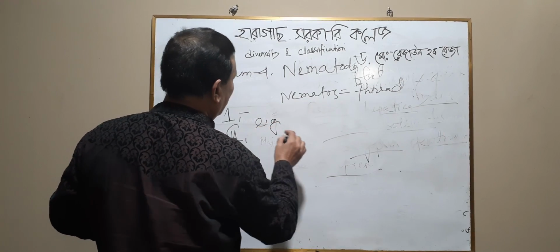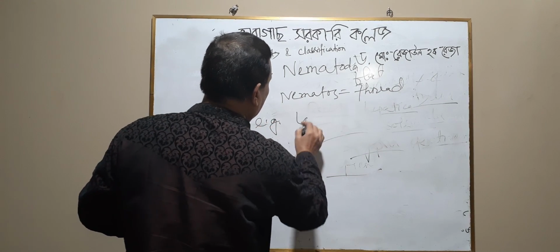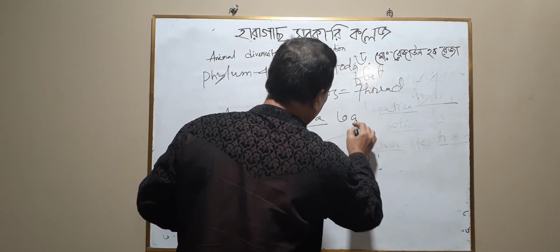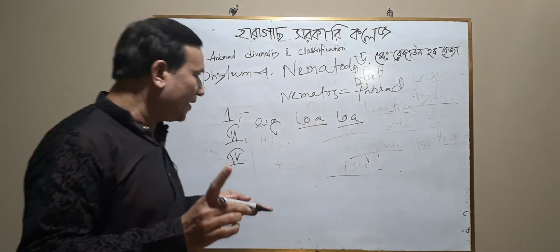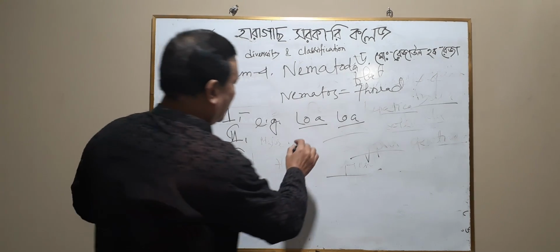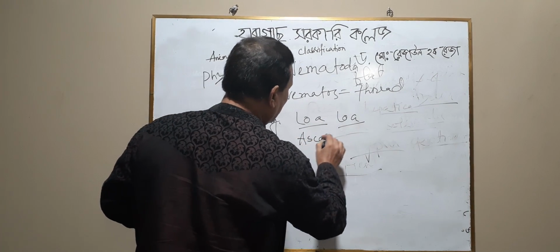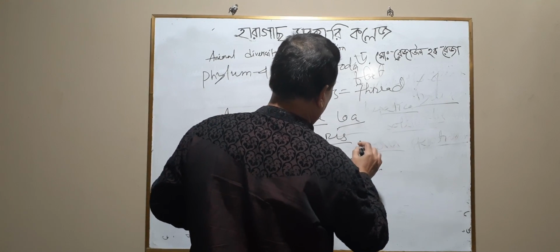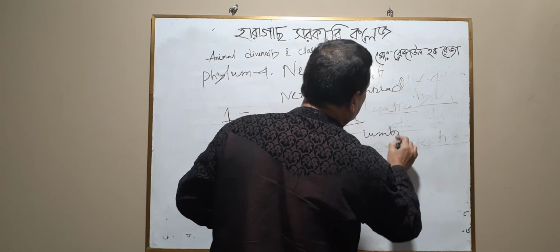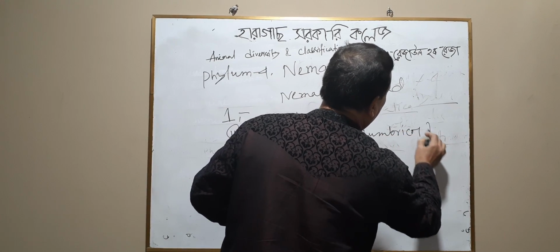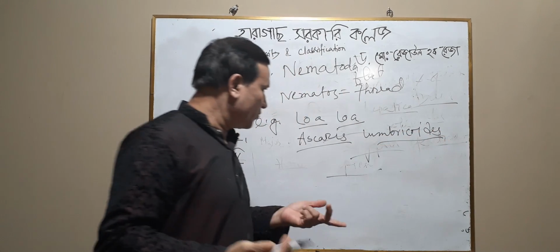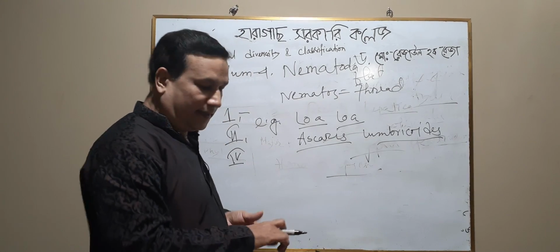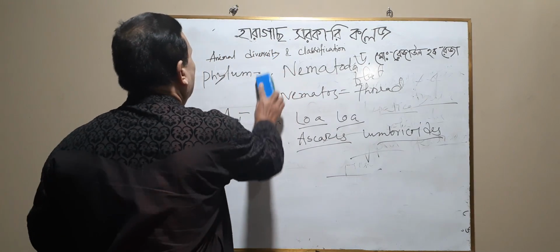Example, Loa loa, it is an easy scientific name. Loa loa, it is known as eyeworm. Ascaris lumbricoides, it is commonly known as roundworm. Now we see the major phylum number 5,